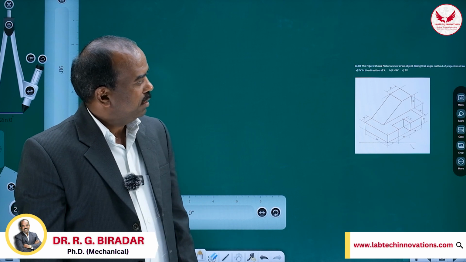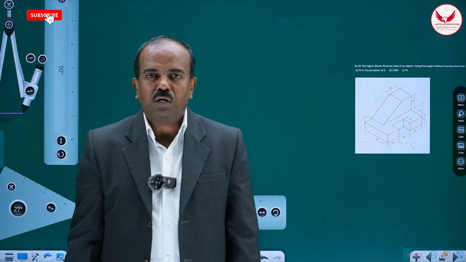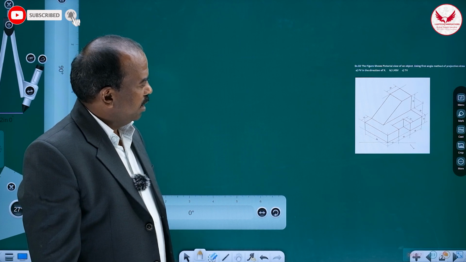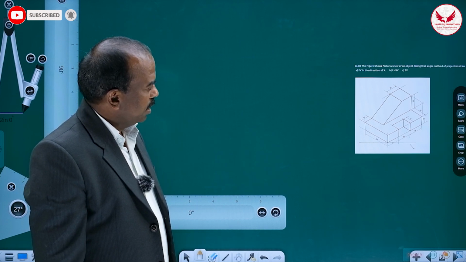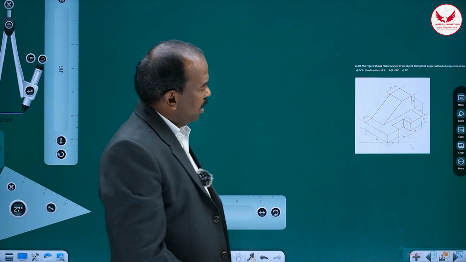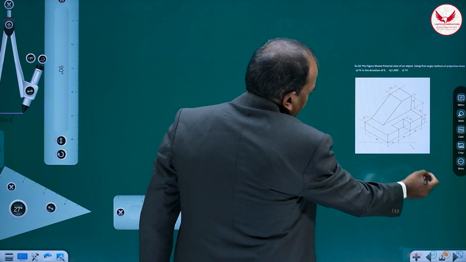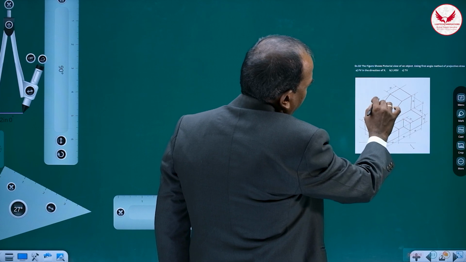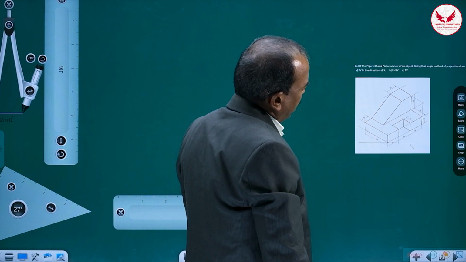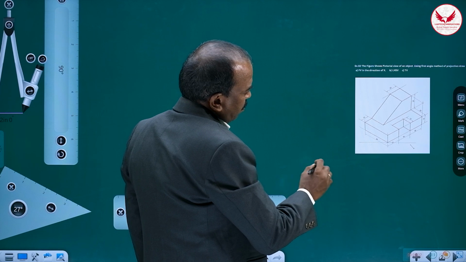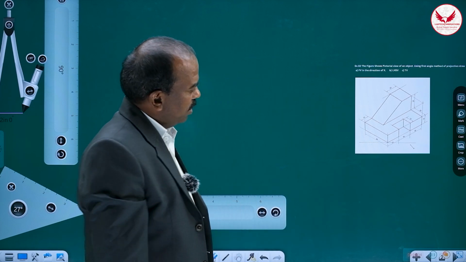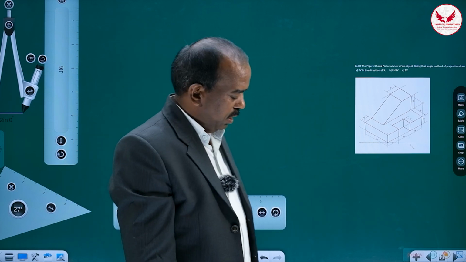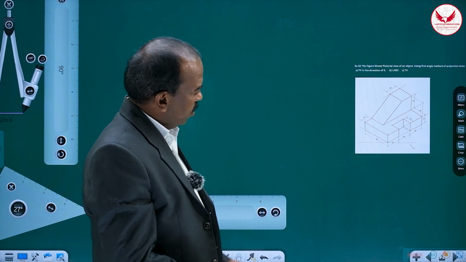Today we'll see the second example of orthographic views. A pictorial view of an object is shown, and by using that, by looking in the direction of this X, we have to draw its front view, left hand side view and top view. So first, whenever you are solving the problem of orthographic views, try to get overall length, overall width and